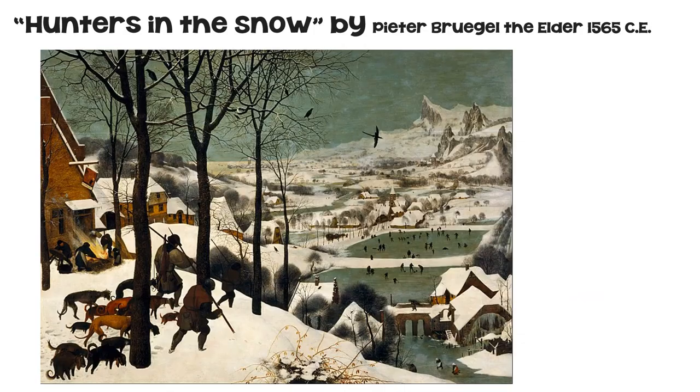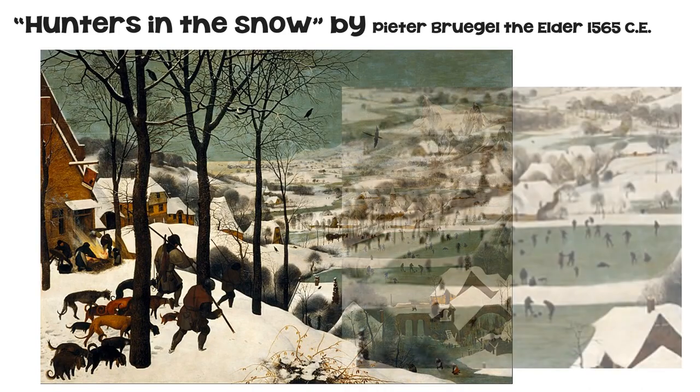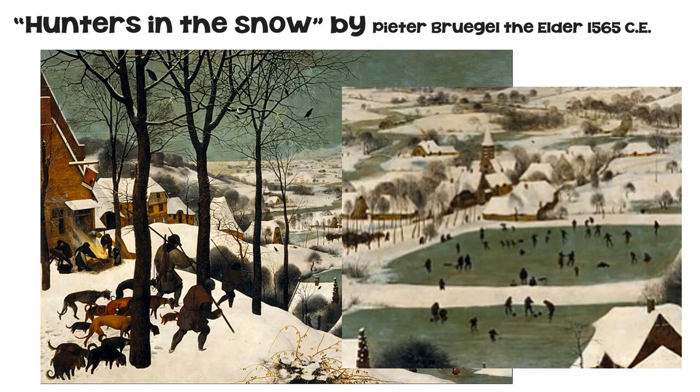This is the painting Hunters in the Snow by Peter Bruegel the Elder in 1565. It is part of a 5-part series of the seasons that Peter Bruegel did of all the different seasons. And it shows that the painters during the Renaissance started to move away from religious and portrait imagery and moved out into landscapes, which was a little bit different at the time.